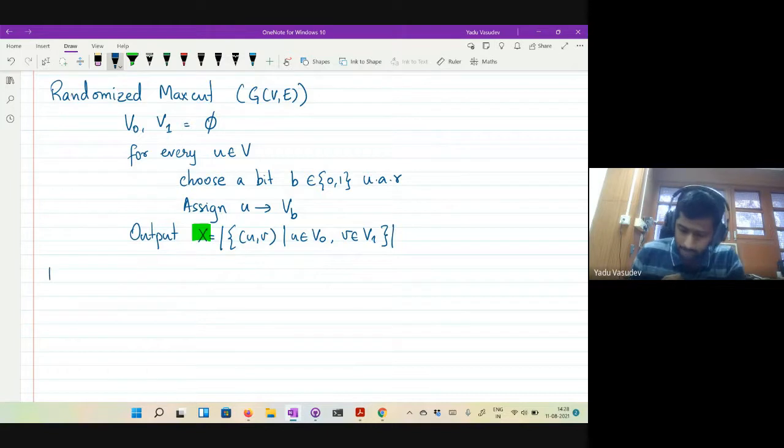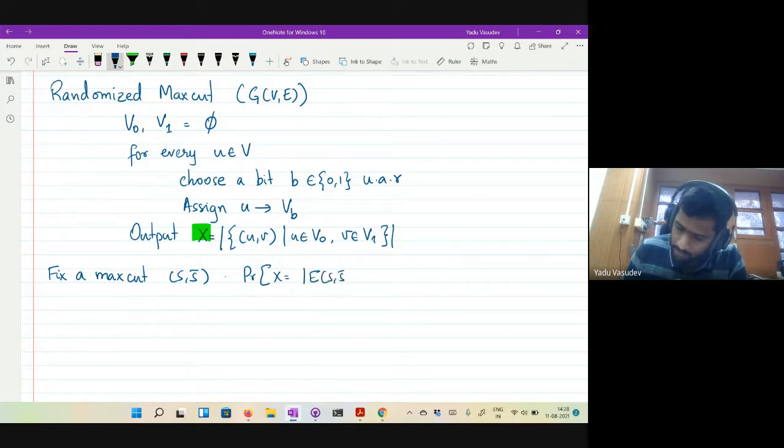Let me just write this down. Fix a cut, fix a max cut (S, S complement). I want to know the probability that X is equal to the cardinality of E(S, S complement), based on this algorithm.